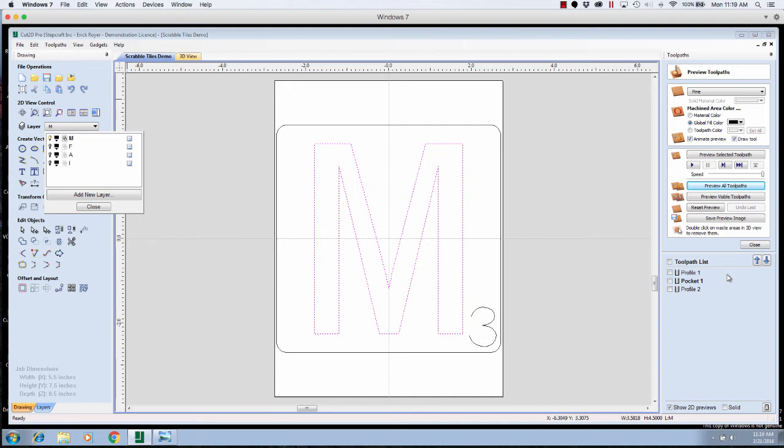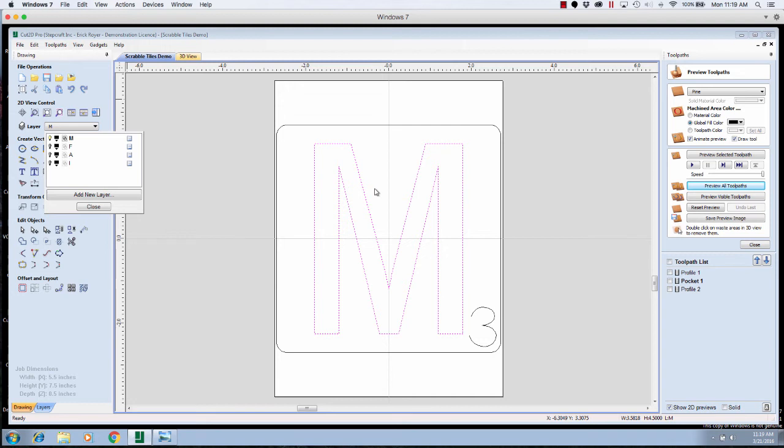If you only have a couple letters, I guess that's fine. But if you were going to do the whole alphabet, or a bigger project like I did, you're going to have multiple letters, and there's actually a quicker way. Say for instance you're going to make these Scrabble tiles and sell them on Etsy or something. So you want to be prepared that you're going to get an order for any combination of letters to make words, right? So rather than have to go through and select all of these layers and then recalculate toolpaths and